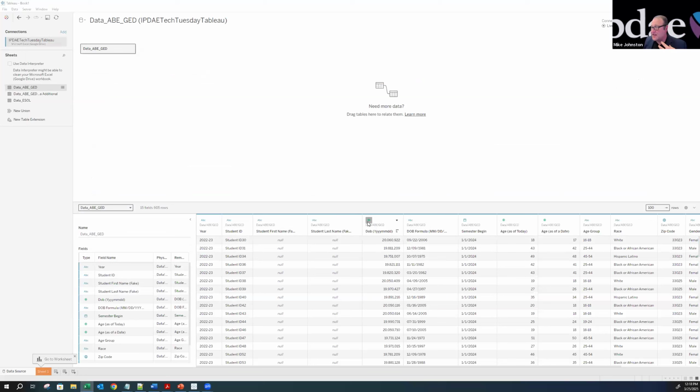is actually a date. I come over here, I left click on that little number sign, depending upon what you call it, hashtag or pound sign. And I'm going to say that this is actually a date field. And through that point and click interface, I was able to convert this to a date that makes sense. And notice these two dates parallel. And that's the nice part about this, is that you can go through and tell Tableau that this is really not a number. This is really a date.